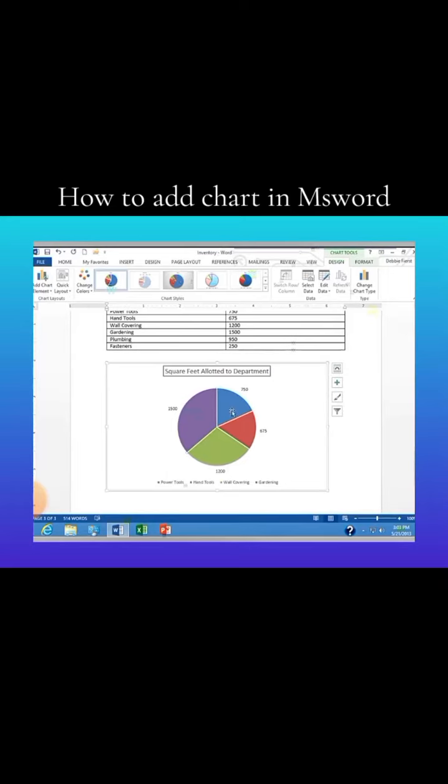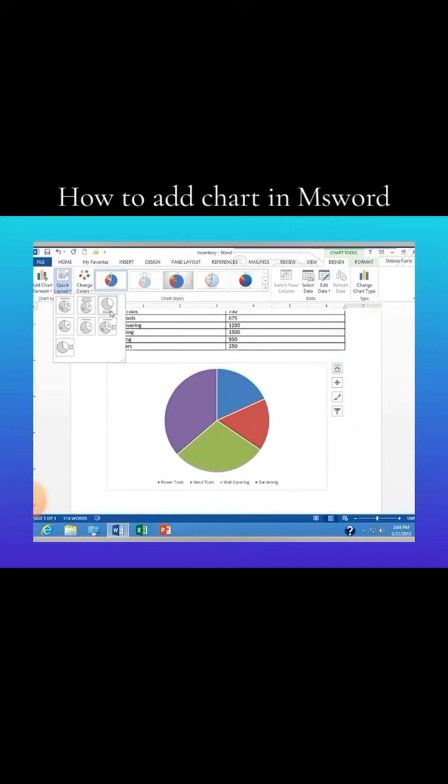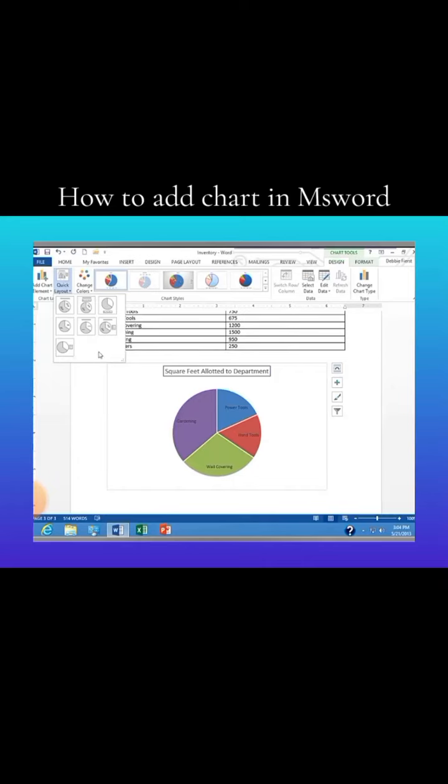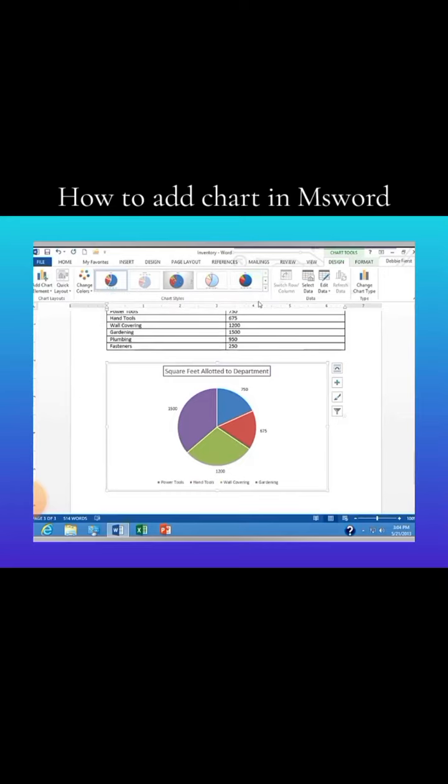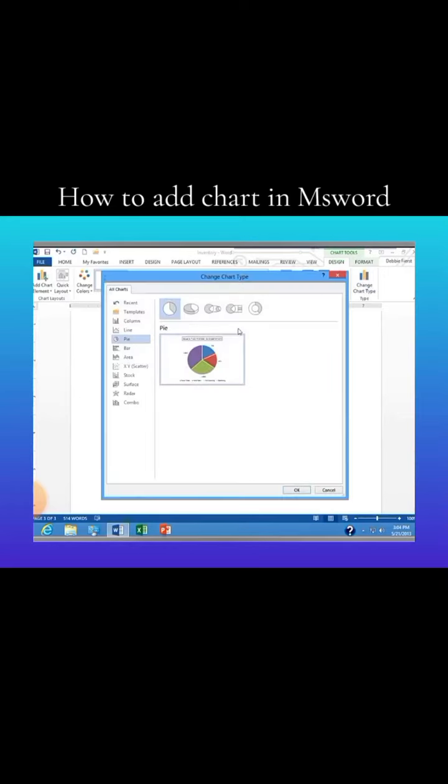I want to make one change to this. I don't like this two-dimensional chart, so I decide I want to make it a 3D chart. I'm going to go up here to Quick Layout and see if I have a three-dimensional option here. No 3D options. Let's see if down here under Chart Styles I have a 3D option. No 3D options. So I'm going to go all the way over here to Change Chart Type and tell it,